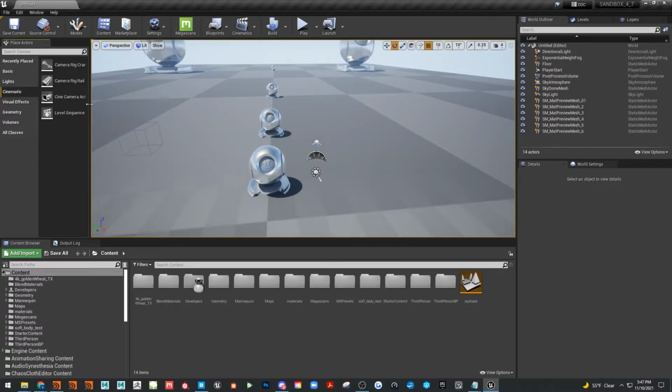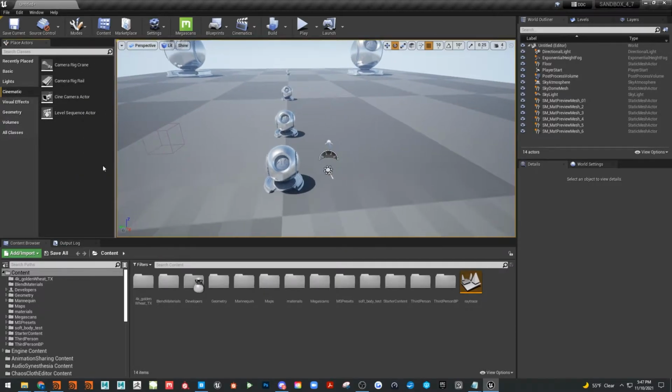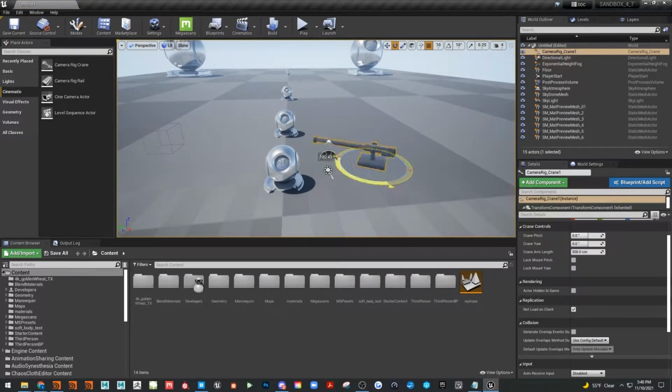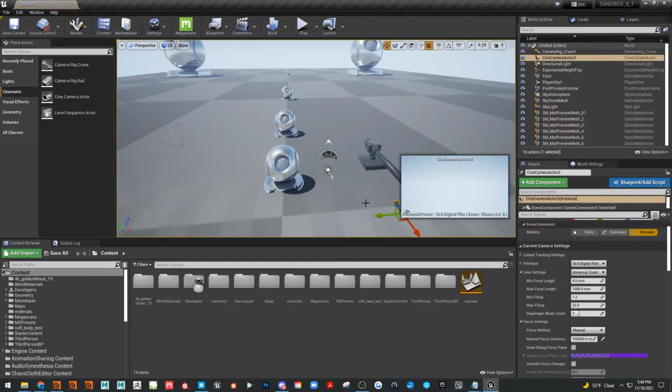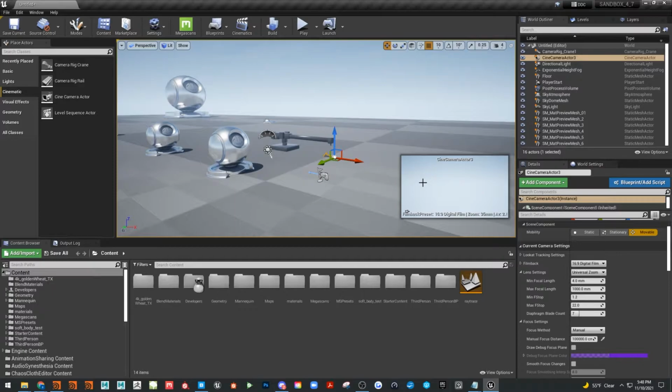So we're going to go to cinematic, and we've got some tools that we can use over here. The first thing I'm going to show you is the rig crane. So we'll just drag that in. Basically this is like a film set crane. And what we can do is drag out a camera, focus in on it,